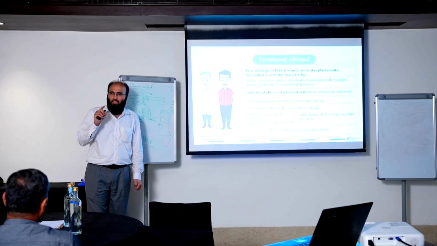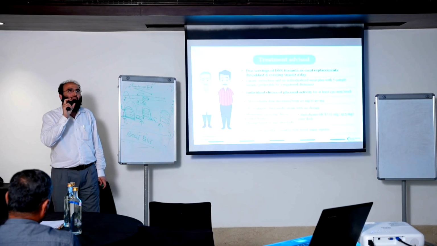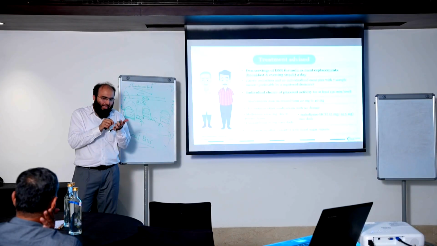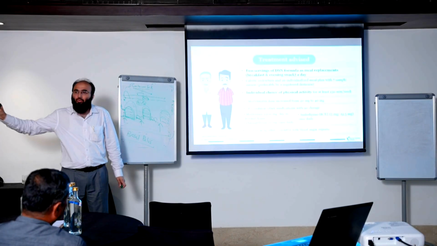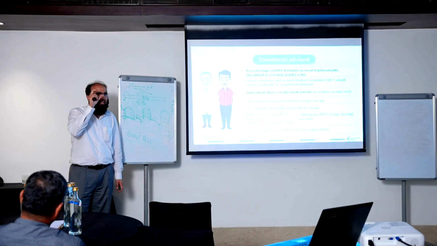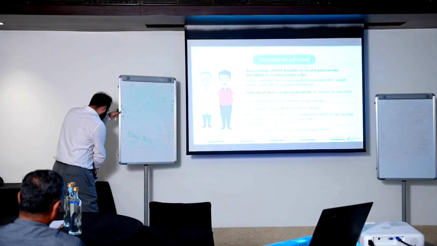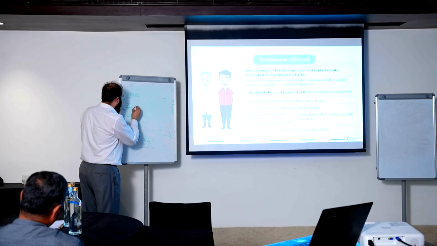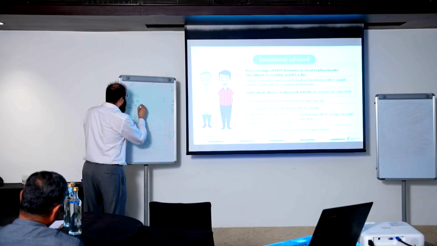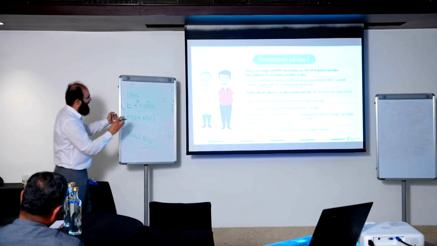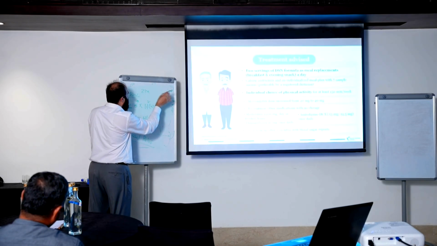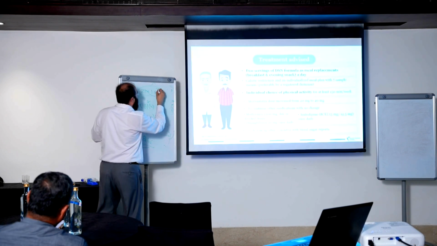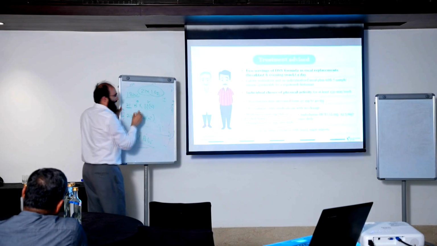Many times I see this in prescriptions that come from corporate hospitals. They write 1400 calorie diet, 1600 calorie diet and send the patient to the nutritionist. How is that number calculated? That is calculated based on ideal body weight. Ideal body weight is a BMI of 21 for men and a BMI of 23 for women into their height in meters squared. You take say 21 into, this patient is 1.8 meters, 1.8 into 1.8, whatever the number. That is his ideal body weight.